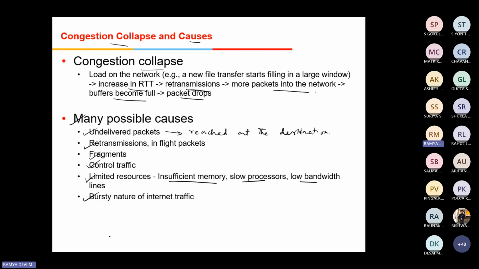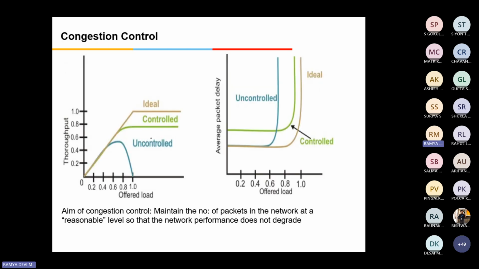So if proper congestion control is not given in the network, if the window size is not extended and exponential backoff is not set by the sender, all these things will lead to this condition. So TCP should adjust the window and also go to the exponential backoff in order to prevent the congestion. So this is the congestion control. Congestion control: how to increase the network performance.